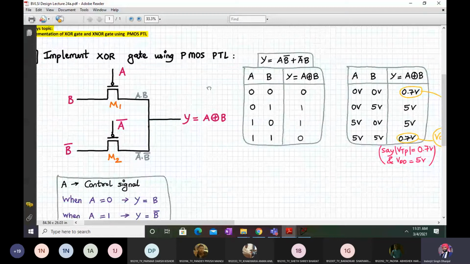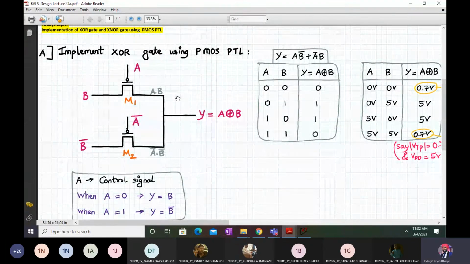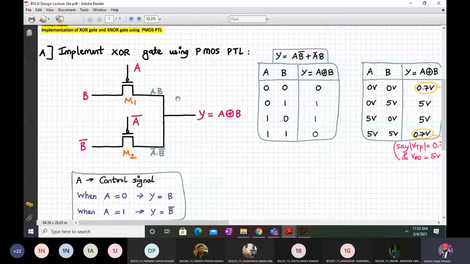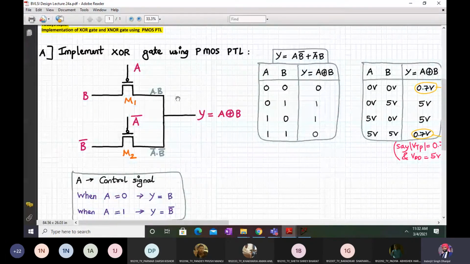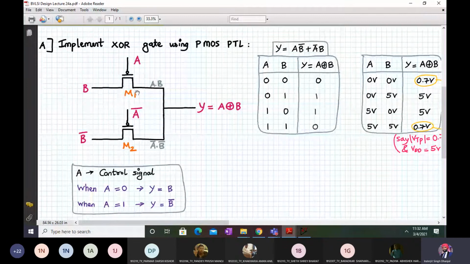So we all know XOR gate, that whenever both the inputs are same, that is high or low, your output will be low. And we also should remember that PMOS pass transistor passes a strong logic 1, and it passes a weak logic 0. Instead of logic 0 it passes mod of VTP voltage, which we have seen yesterday. Now let us see how does it work.